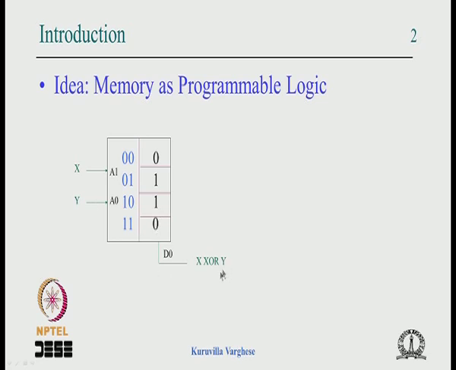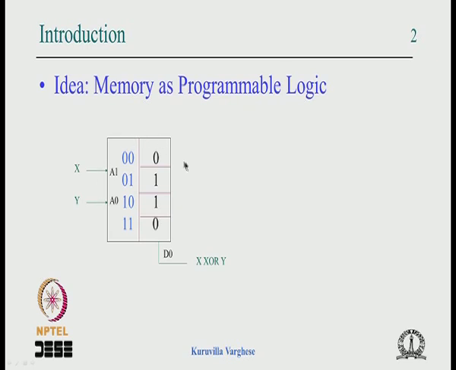So basically you take a memory of the required capacity. Suppose you want to implement a 5 variable function, then you take a memory with 5 address lines, or 32 locations into 1 bit, 1 data line we require. Connect all the variables to the address lines, 5 variables to 5 address lines, in whichever order, it does not matter, but then you have to appropriately program the truth table. So you program the truth table, then use the data line as the Boolean function, the output of that logic, that is what is required. So that is how we use the memory